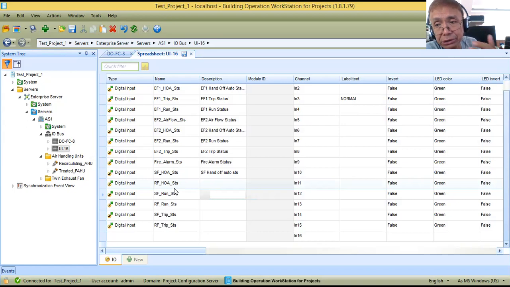Now, if there is no sequence of operation, and you are a BMS engineer that handles several projects, you can provide a basic sequence of operation. Then it should be approved by the mechanical consultant for the equipment. So what I will do is give a basic, simple